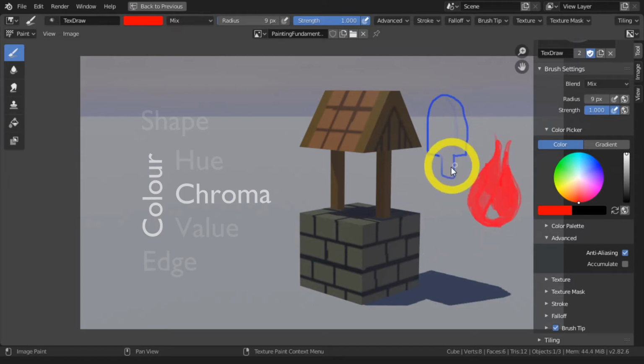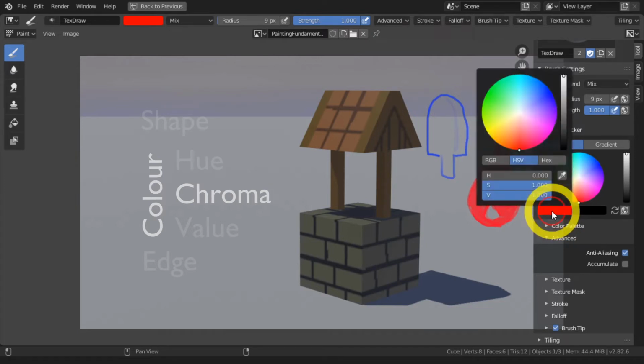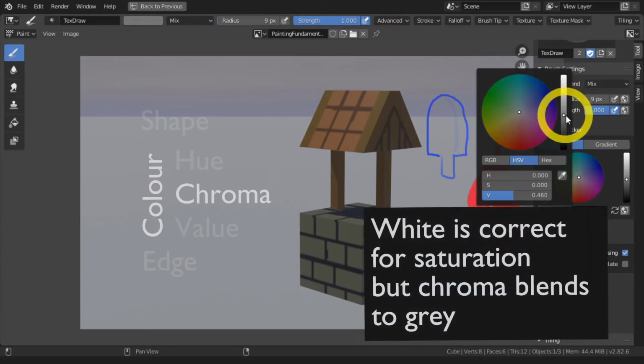The next part of color is chroma, and chroma is the purity of the color. So how pure or how gray is a color? If you open up here, we call it saturation in Blender. But as you can see, when I drag this down, when I make the purity less, it starts going to white. And I believe that in fact if I put this halfway, that would be more correct. So if I put the value on 0.5,